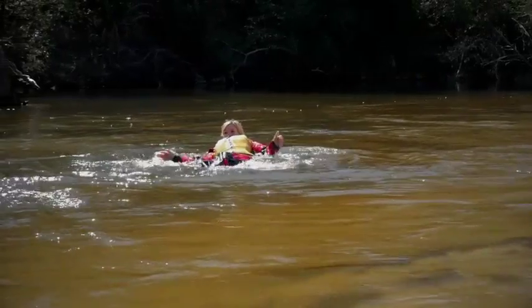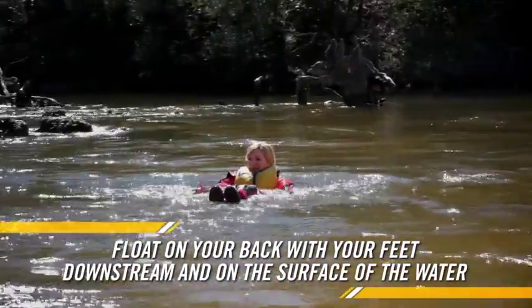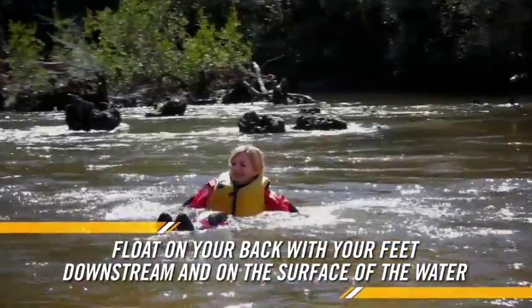On many trips, it's pretty common for someone to fall out of their boat. It's important to remain calm and get them to shore or back to a boat as quickly as possible. In moving water, it's extremely important to float on your back with your feet facing downstream and at the surface